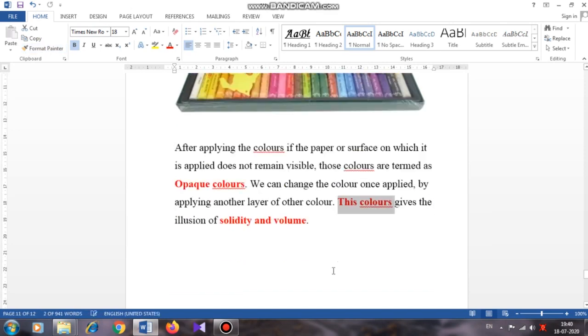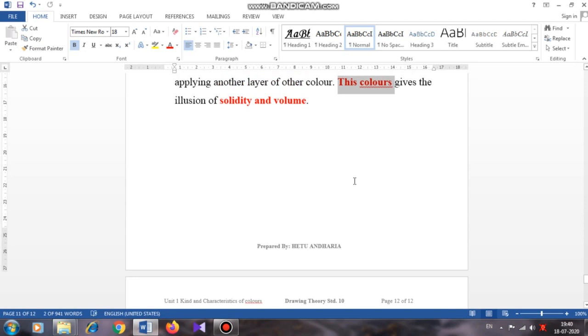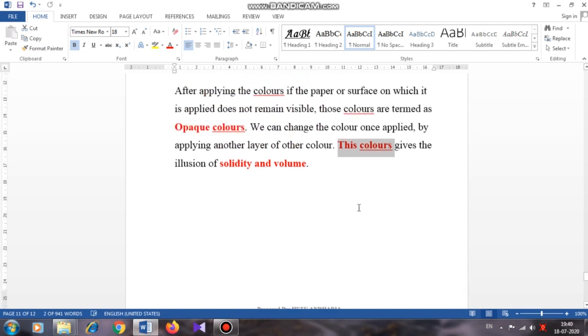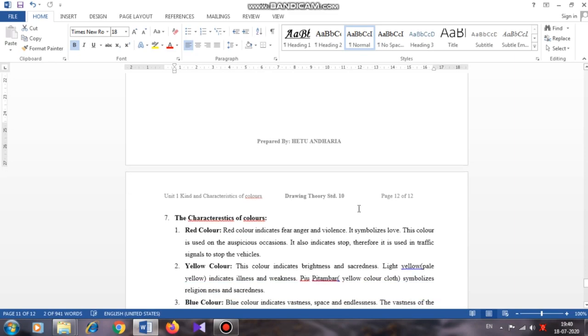Now we come to the next topic that we will be discussing in the next session. Our today's session is over. What we will be discussing in the next session is the characteristics of